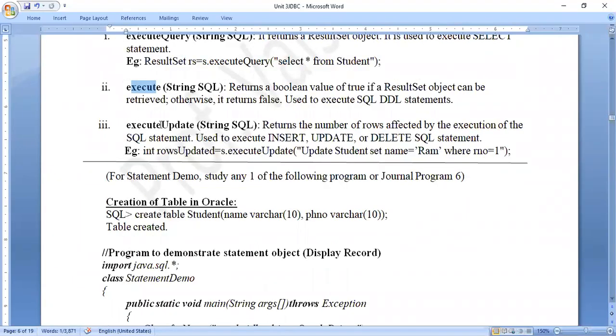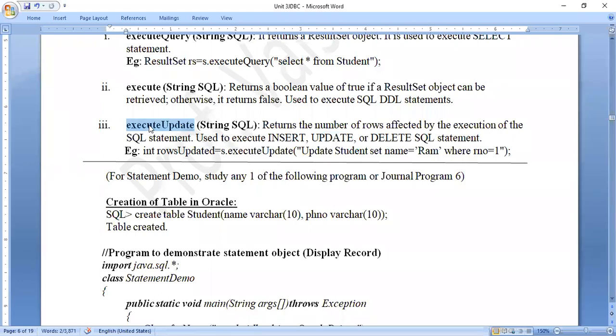And then suppose we want to execute insert, update or delete statement through my Java program. In that case, we make use of the method called execute update. We don't use execute query in that case. We make use of execute update.